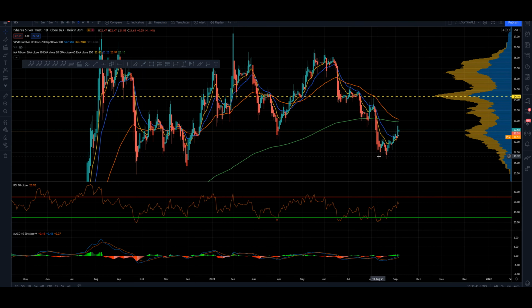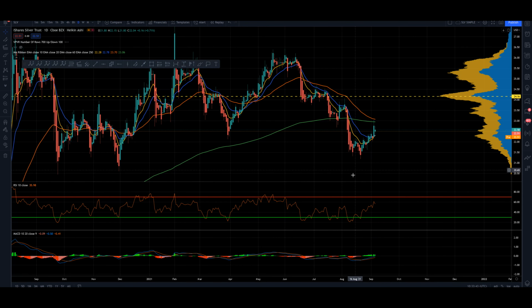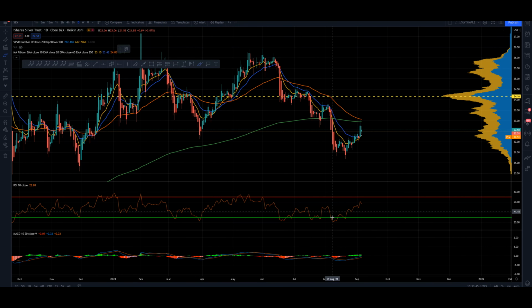Now, one little thing here we can see is there is some bullish divergence in the shorter time frame between these lows and these lows, but that could simply accommodate this corrective move back up to test the 250 and the 60 on the daily here, and also this price support has now become resistance.